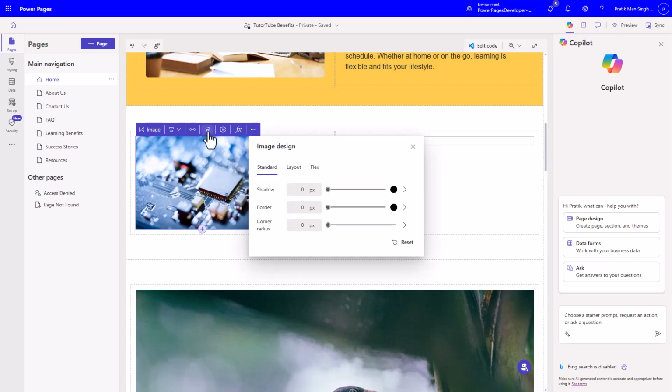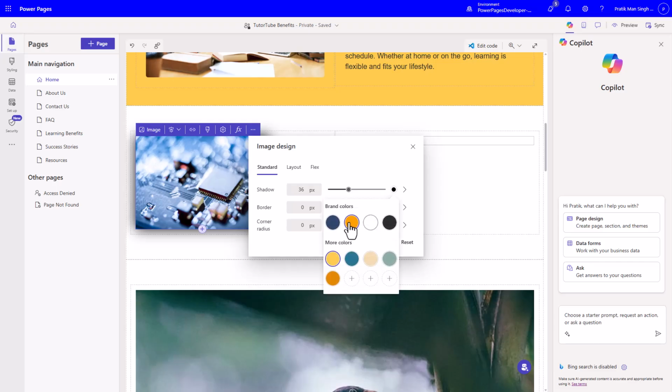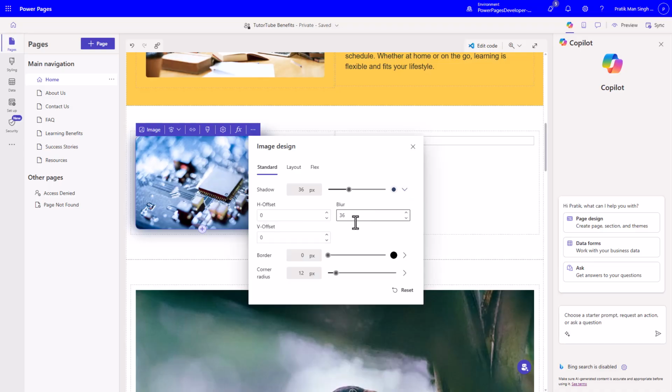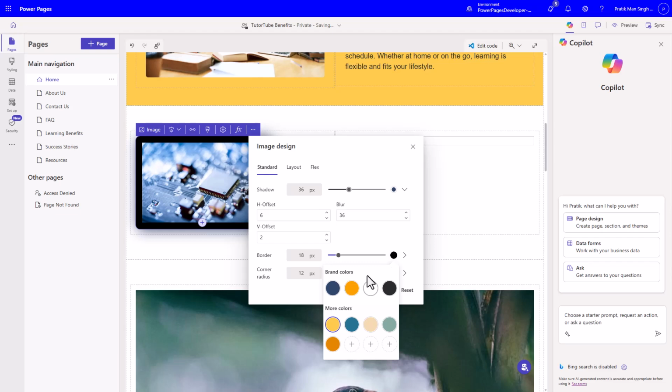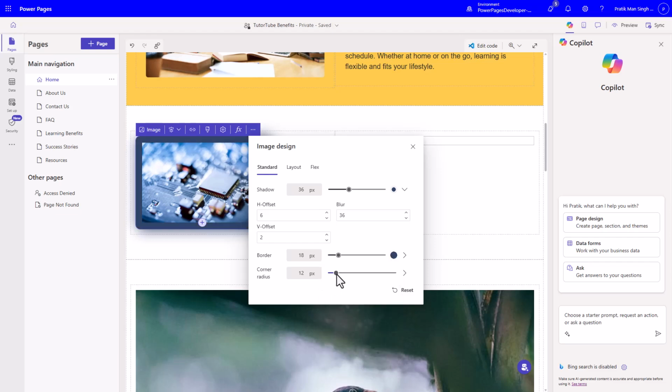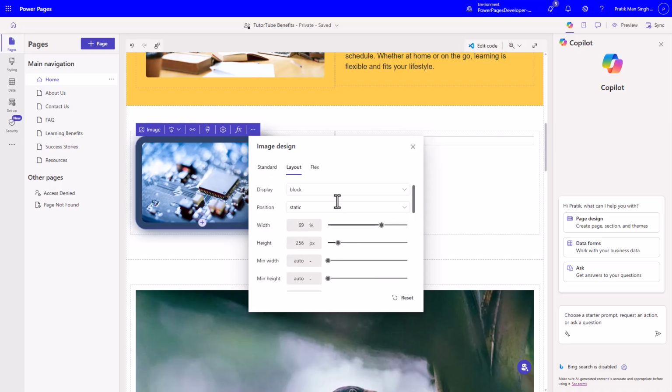Apart from that, you can also go over to the image design option right here to make further changes. Like you can add in a shadow to it. You can even choose the color of the shadow as per the brand color, and change around the offset of the shadow as you want. You can even add in a border, just like this, and then choose the color of the border as well, and change around the corner radius of the border as well. You can even change out the layout, so you can go for inline,